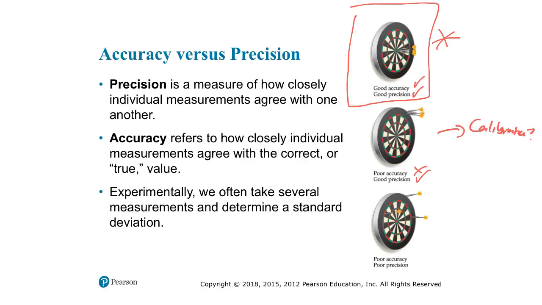Or there's something wrong with one of our instruments that we're using. Probably not a human error though. We're using the instrument correctly. That's why they're all together. That's why we have good precision. So then if we go in a lab and find, well, we're not on target,